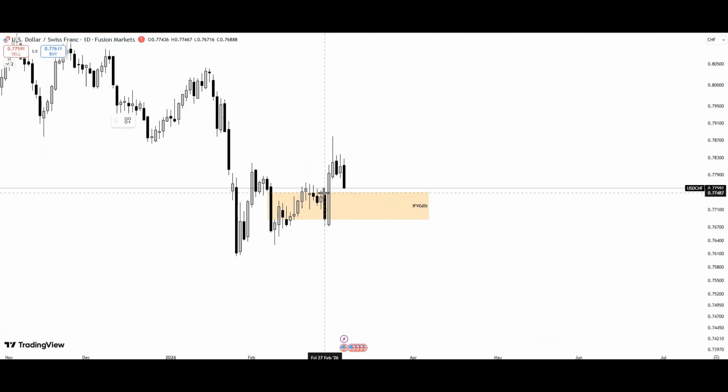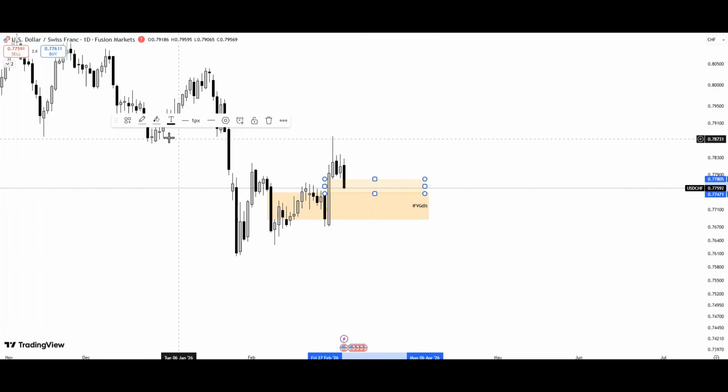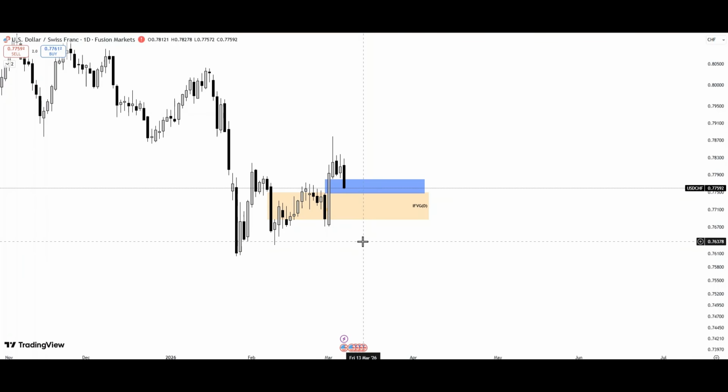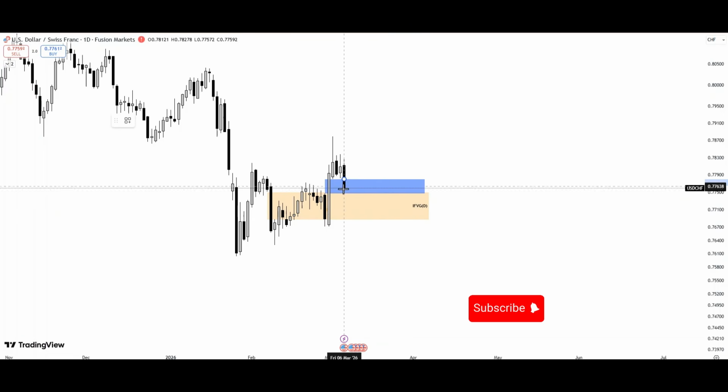And if you look at it, you can see here there's a daily fair value gap right here. So already price has tagged this daily fair value gap. So as you're getting the retracement for DXY, you can see we still have this inversion fair value gap here for USDCHF. I can allow price to retrace to this inversion fair value gap before we continue with the bullish continuation, or price might use this to push price higher.